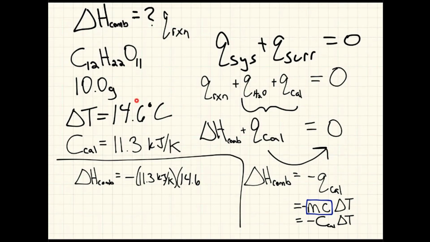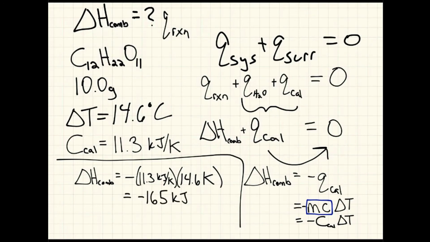So there's no need to add 273 to this. In fact, if you did, you'd be way off. This is a difference in temperature of 14.6 degrees, and therefore it is also a difference in temperature of 14.6 Kelvin. Those are equivalent. And so if we multiply these two numbers, you will get an answer of minus